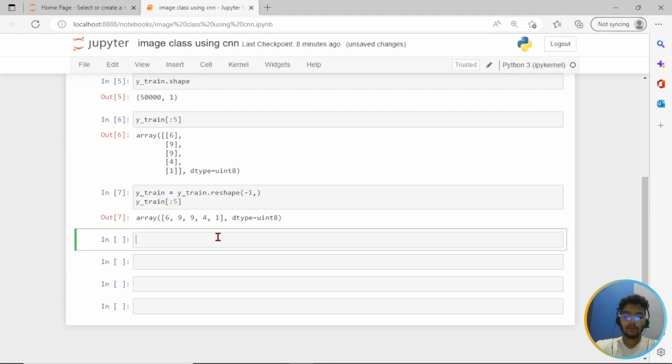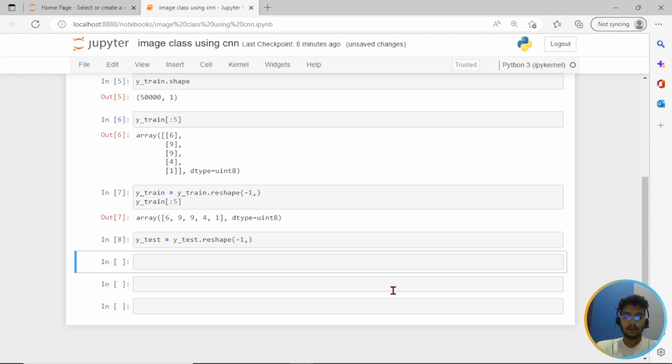So y_test equals y_test.reshape(-1,). Here I will write classes equals